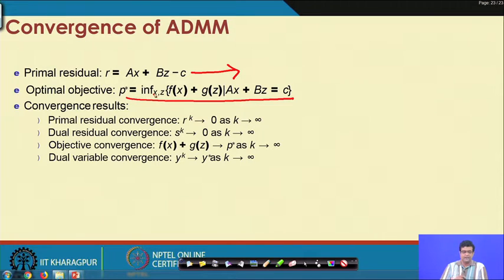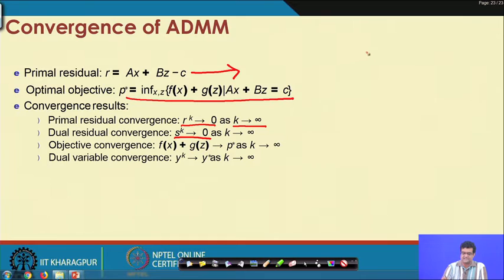Then you have that the iterates will converge, but this result says what the convergence should be. So, it says that as your k tends to infinity, as you iterate more and more, the primal residual will go to 0. The dual residual, which is the Sk that we have defined, will go to 0.